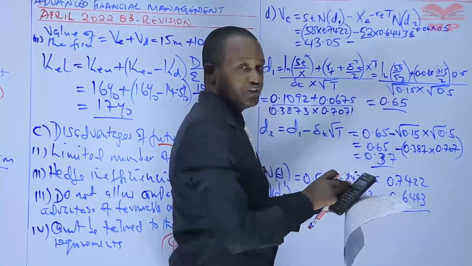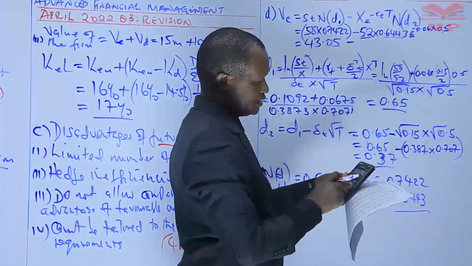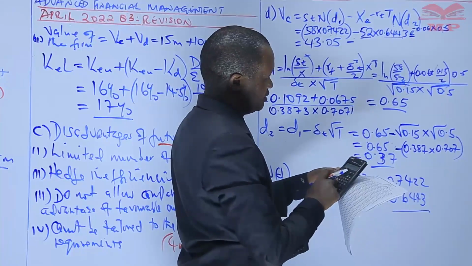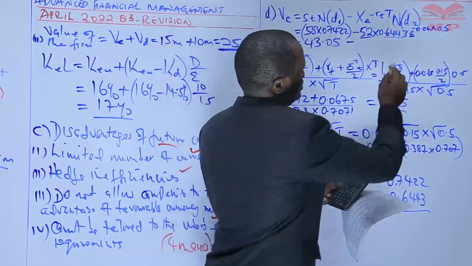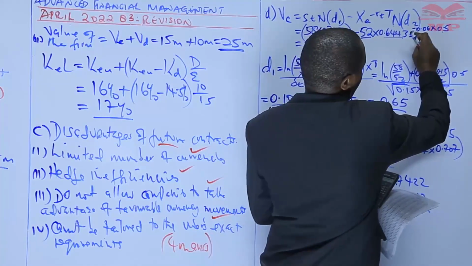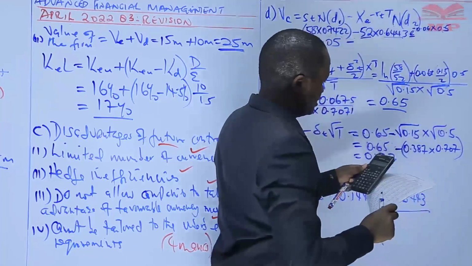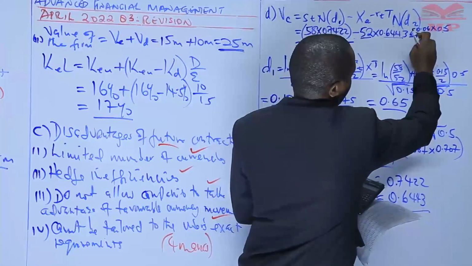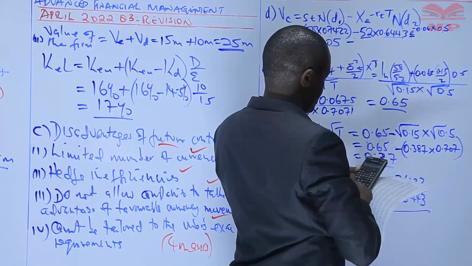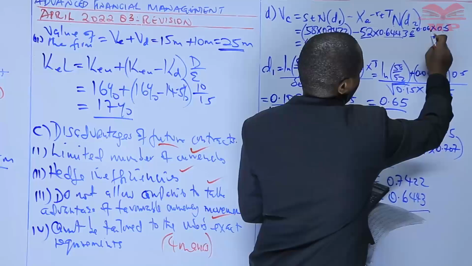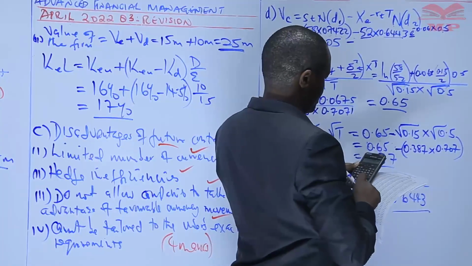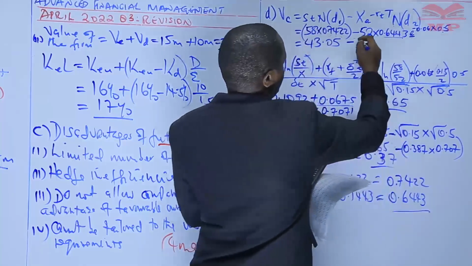Then I press shift natural log, and insert a bracket. After this E, make sure you have a bracket. This power, have it in bracket, negative, that is minus 0.06 times 0.5 times 0.5, close the bracket. So this gives me